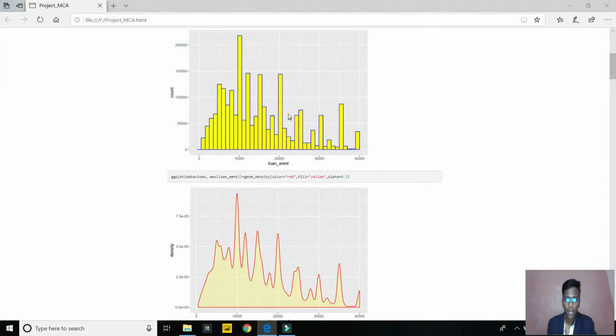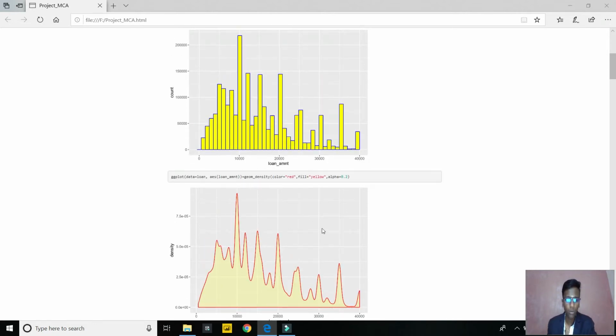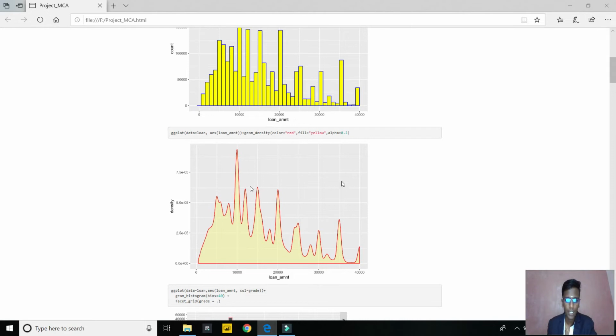This is a bar graph, and this is a density graph which is used as a time series graph. I have taken the loan amount here and the loan density here, which shows the correct angle of the things. Here we have taken the loan amount and count. Here I am taking the loan amount and the density, which exactly shows that it has gone above 7.5e-05, and the loan amount has reached the maximum state of 40,000 at the maximum rate. So we have just witnessed these types of